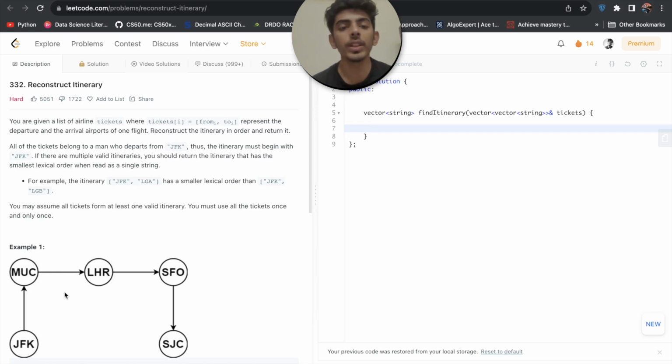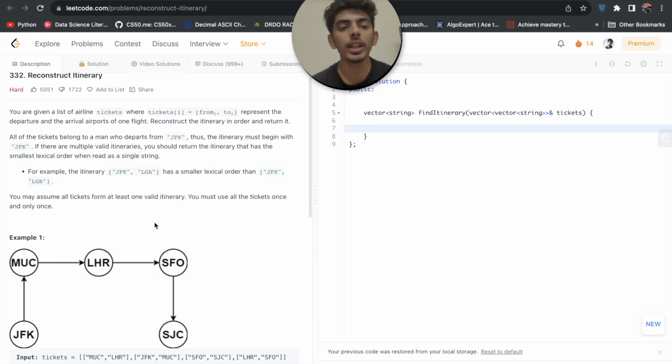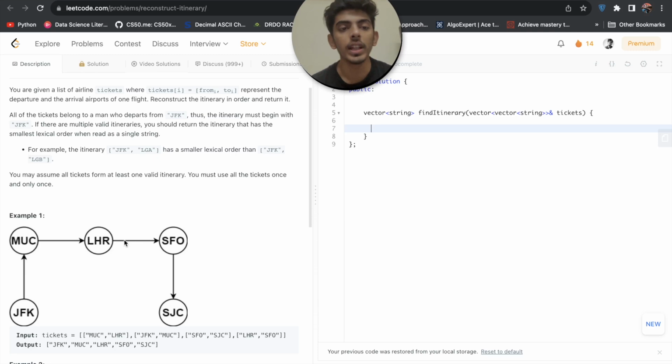So in this question, what we are given is an array of tickets, or you can say a vector of tickets, in which at each index there are two components.